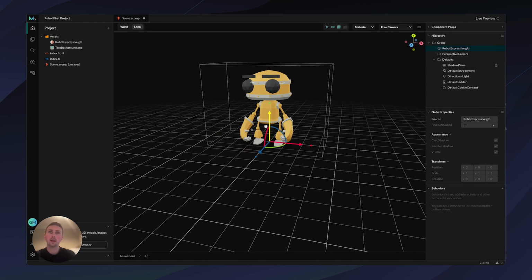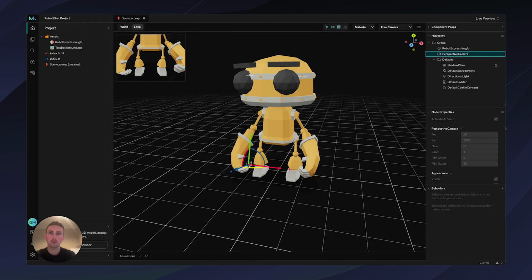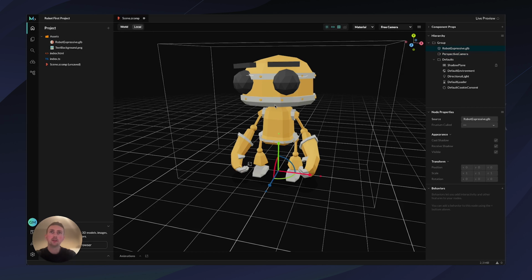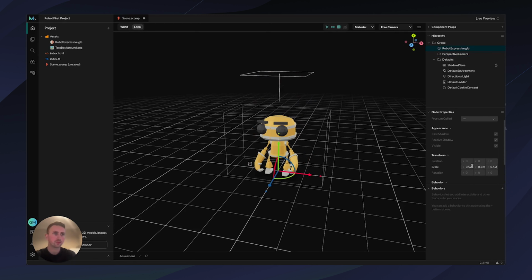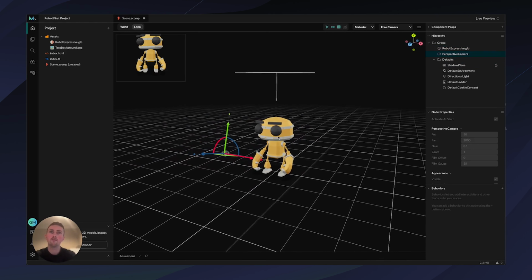He's actually quite large. It's quite difficult to see, but there's a camera here, which is our perspective camera. And if we click on that in the hierarchy or in our viewport, you can see a little indicator of what the perspective camera will be seeing. And you can see that our 3D model is quite big. So we can click on our 3D model and we can either use the scale tool to scale it down, or we can head over here into our node properties and scale it down to maybe 0.5, 0.5, 0.5. If we click on our perspective camera again, you'll see that he is more in view.